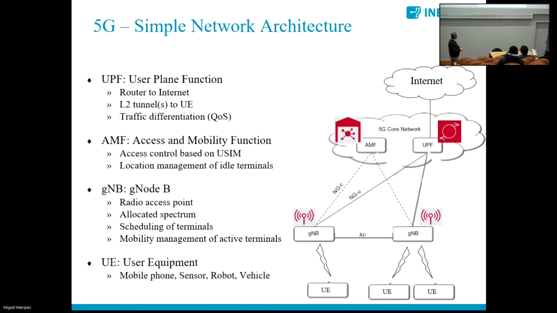Then we have the radio devices, that is those base stations that you see, for instance, on top of buildings. And those I'm going to call G-Node B, it is the name of the standard. It is a kind of radio access point to which these mobile terminals attach and communicate. It's a kind of Wi-Fi access point that you know. These equipments have radio, they have channels in which they provide communications.